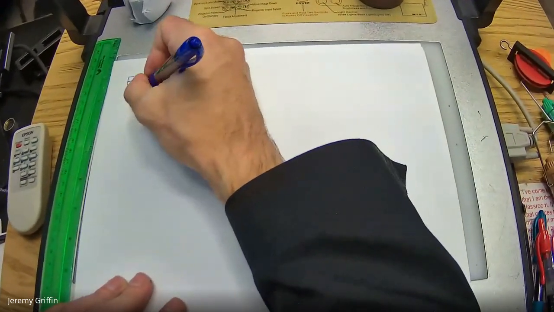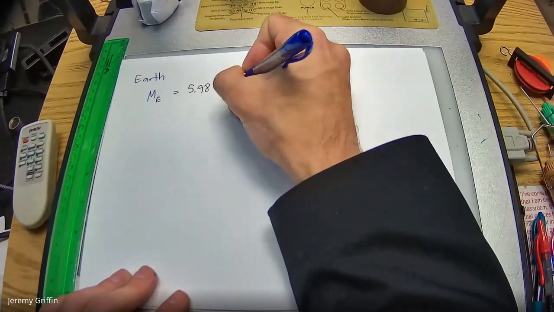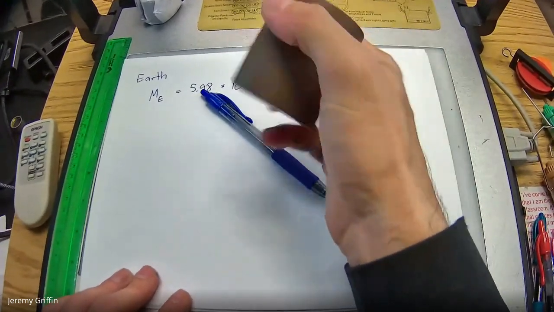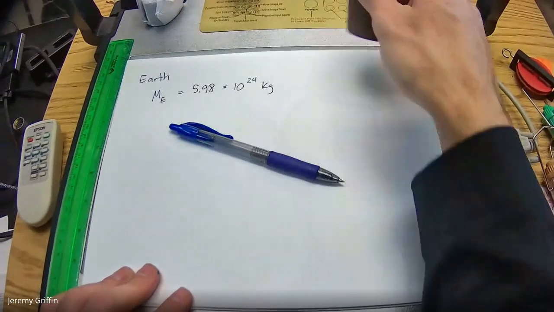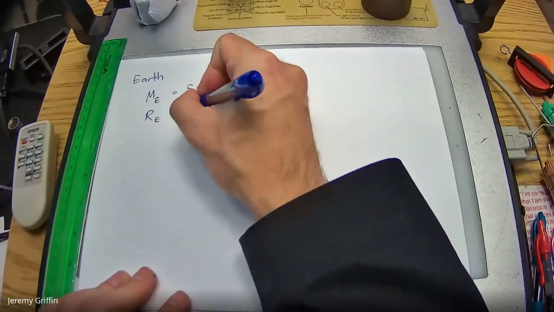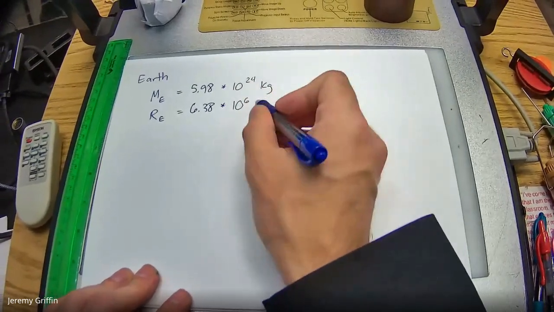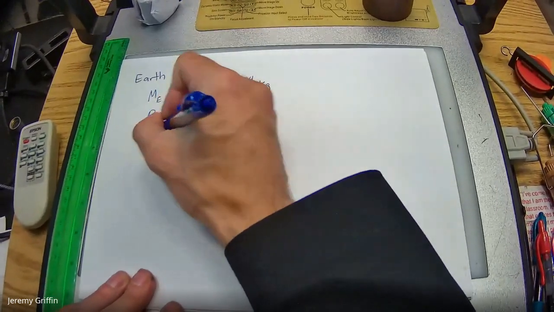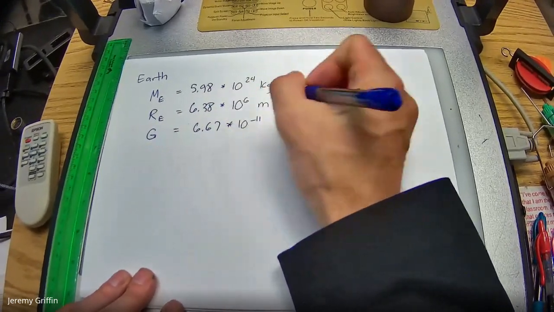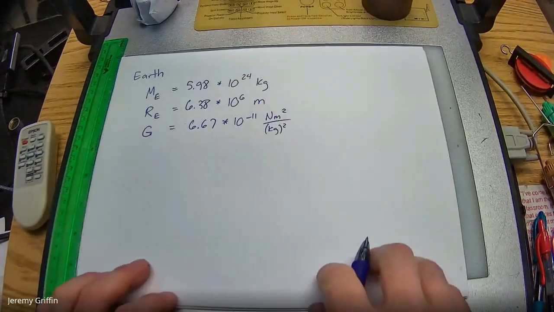So our planet. Here's the mass of our planet: 5.98 times 10 to the 24 kilograms. Right. Here's 1 kilogram. If I had this many of this, that would be our planet. Here's the radial size of Earth, 6.38 million meters. You guys know 10 to the 6 is million. And also you have to know the universal gravity constant, 6.67 times 10 to the minus 11 Newton meters squared per kilogram squared.